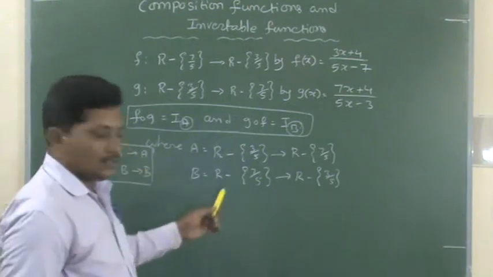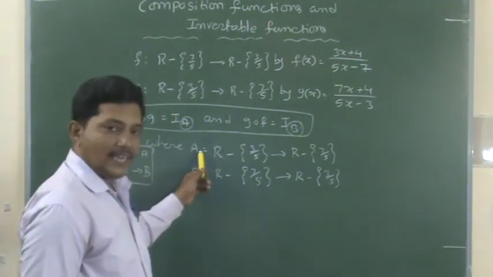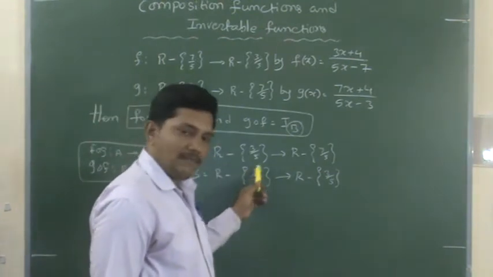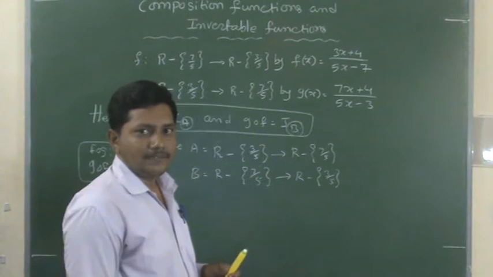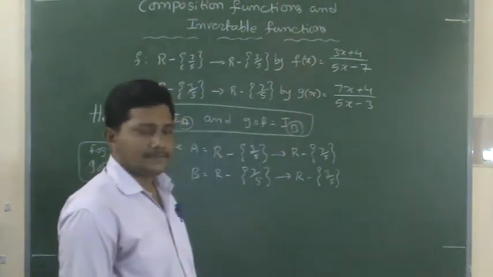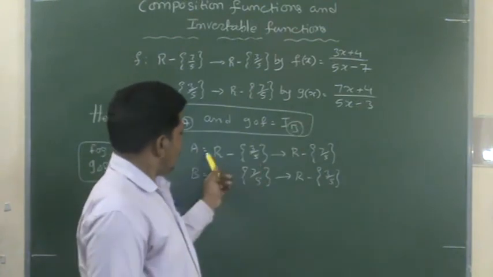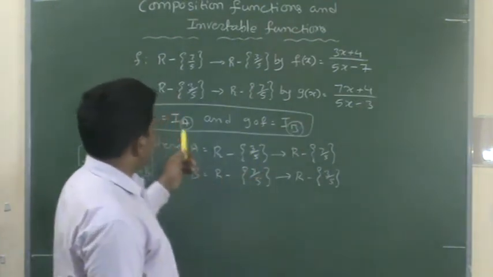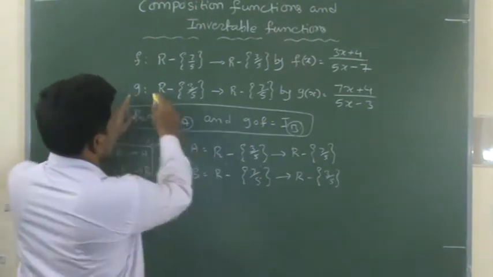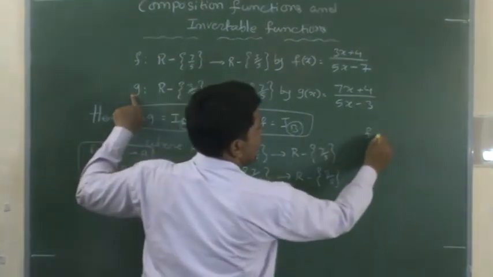Okay. First of all, think of this as a mapping. A is the set of real numbers minus 3 by 5. Why minus 3 by 5? Anybody? Why? Because your f of x is this, right? f is a mapping from A to B. Where is A? Here only, no? This is A. g is a mapping from, you can write like this.